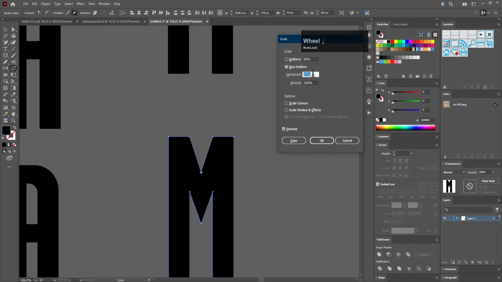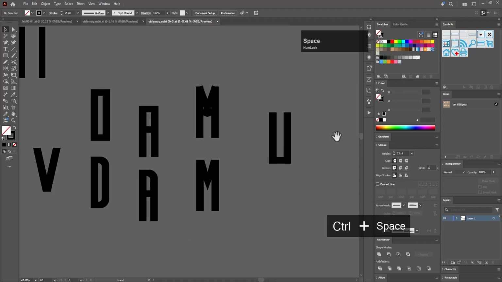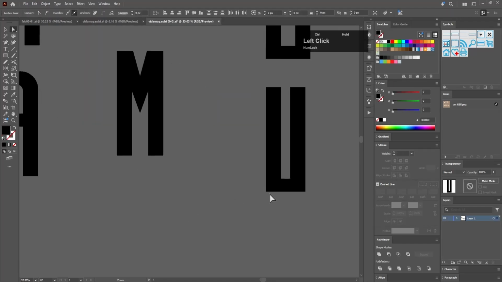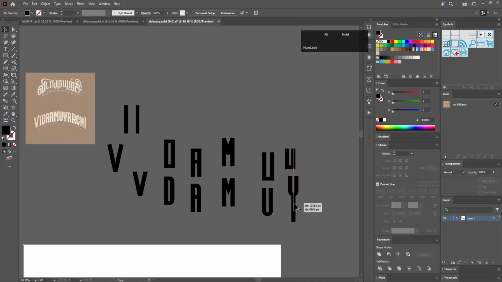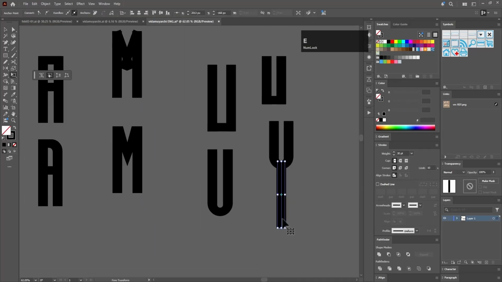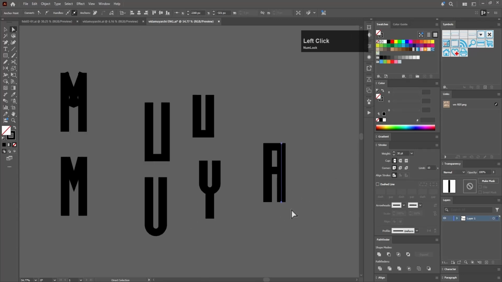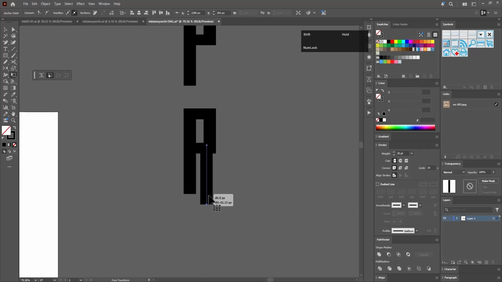scale function to reduce the width of this zone, and then I brought these two lines once again, and I just started rounding these points here just like this. That's the end of our letter U, and I brought these points up and then brought in a line like this, and then reduced its height, and I used the A to create this P, and I selected this point, and then I started rotating it using the rotation tool,